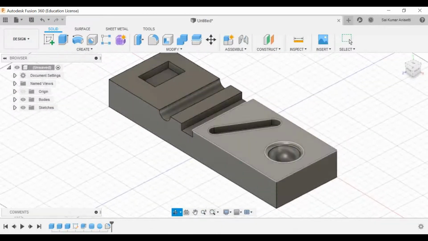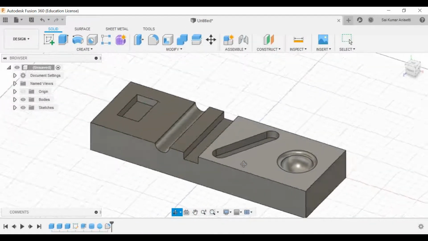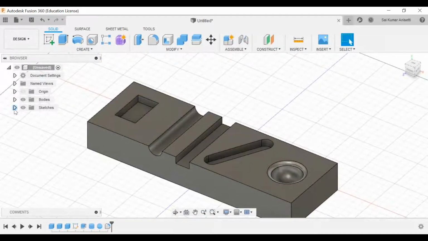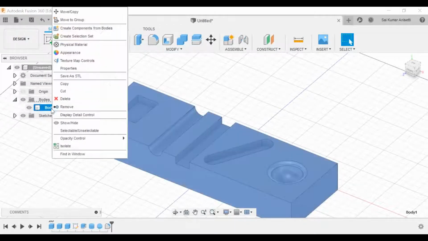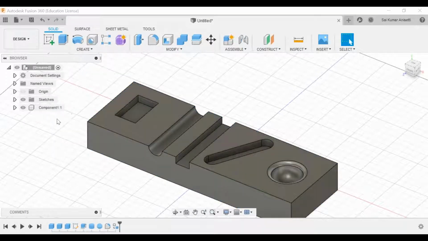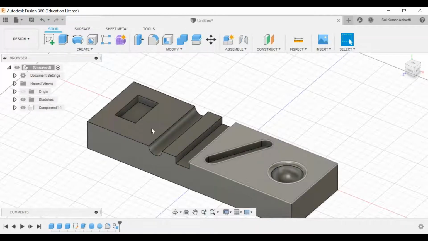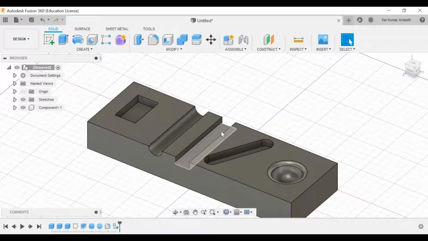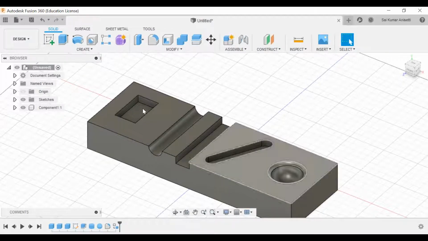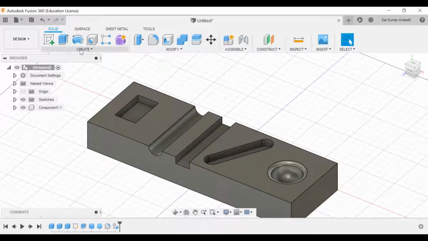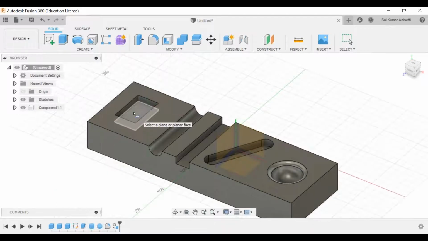Now I'm ready with my base component. This is my base component, whatever I have created. Over here this is a single body. Now I'm going to turn this body into a component using create component from bodies. Now I'm going to assemble some parts to these given slots. Let us suppose these are given slots, and I'm going to assemble my components over here. So let me now create different parts which are going to fit in these places. Again, I'll go a little bit faster as I create them.